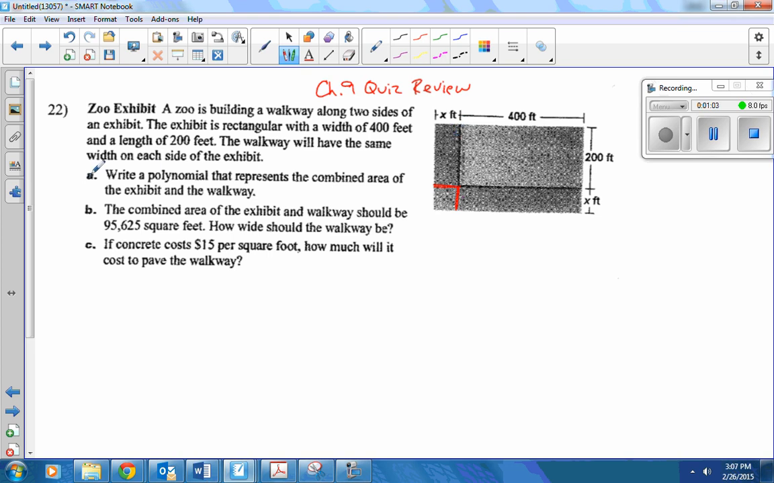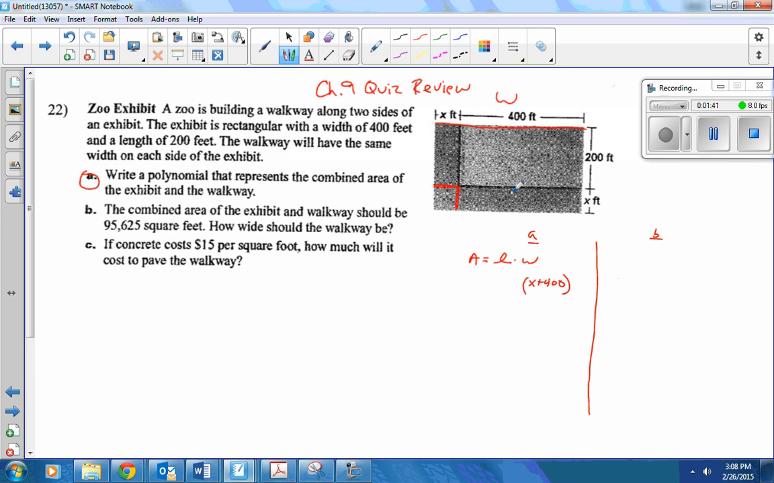Okay, so first they want us to write a polynomial that represents the combined area of the exhibit and the walkway. There's two ways we could go about doing this. I'll call them A and B. One way says, I'm going to take area equals the length times the width. The width is made up of x and 400, so instead of using width, I'm going to write x plus 400